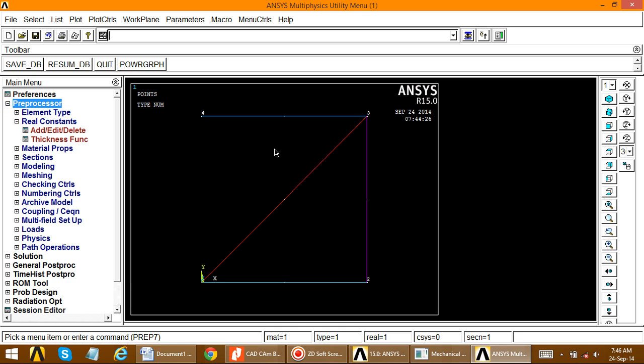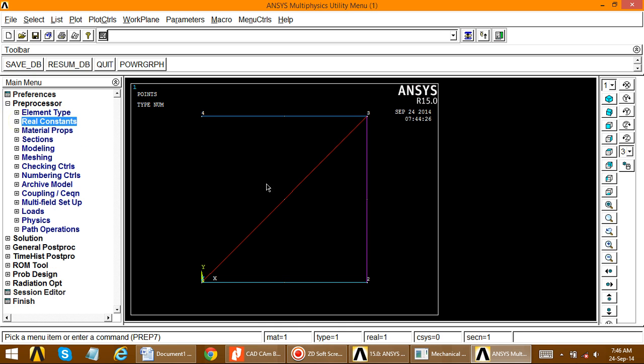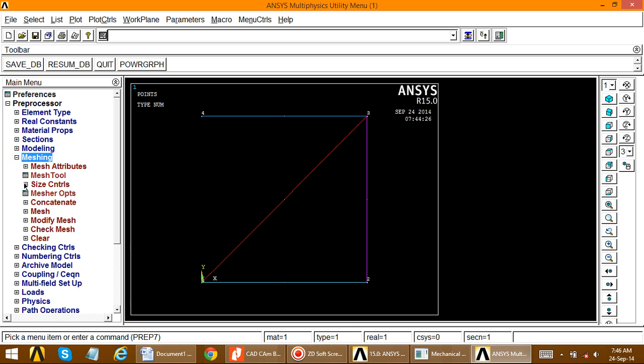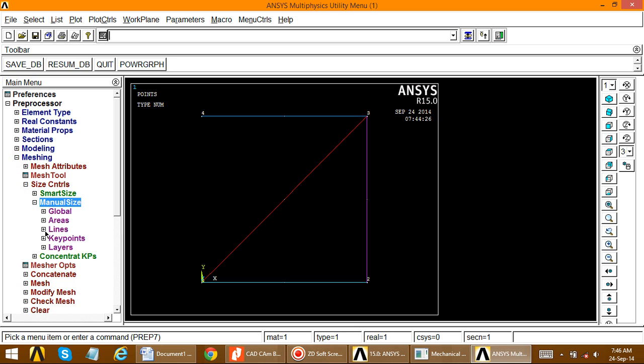Then we have to define the meshing property for the same members. After element type, go to meshing, size control, manual size, lines. Now we have to define the mesh size for every element, equal to 1.